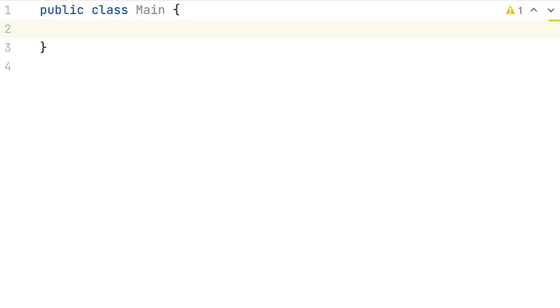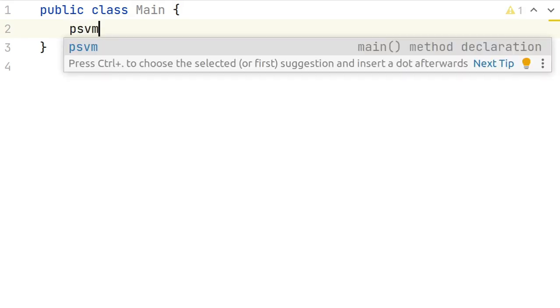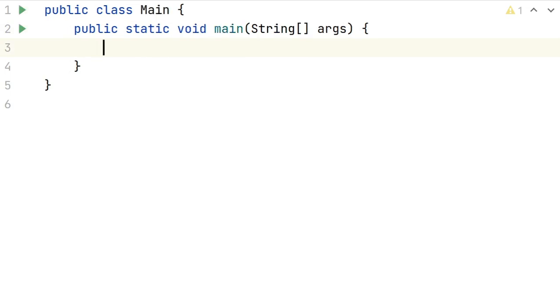Now what we do is we click after the curly brace and we press enter and we write something like this, PSVM. When you write PSVM, IntelliJ will give you a pop-up like this. It understands the syntax that we are writing and we can simply press enter. It writes something like this: public static void main.